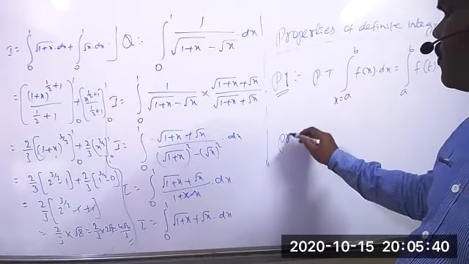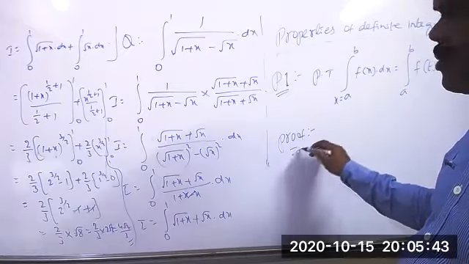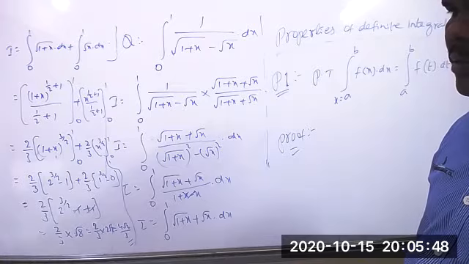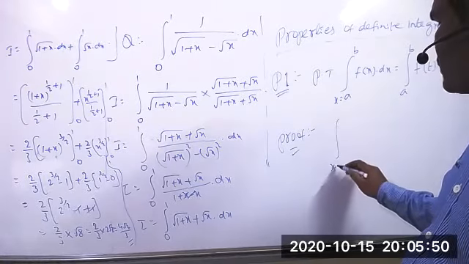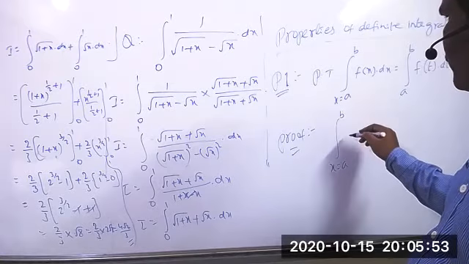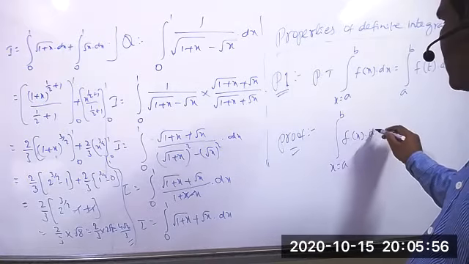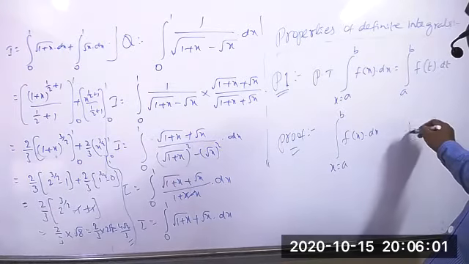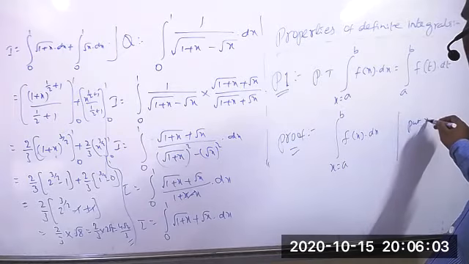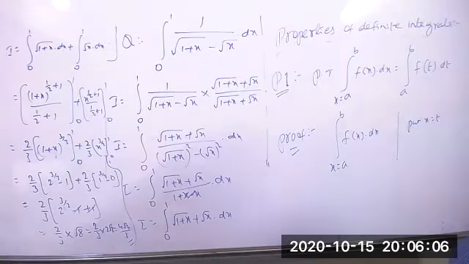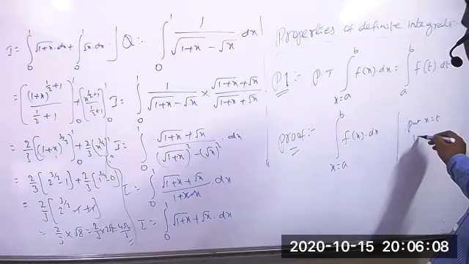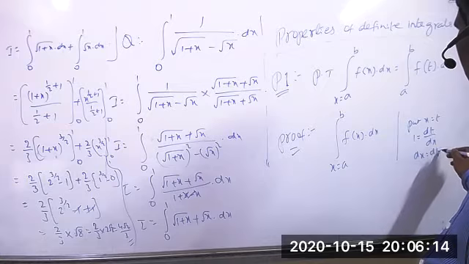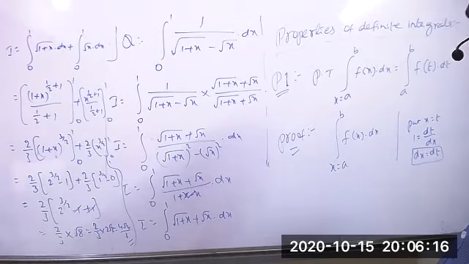Now I can write the proof. How to prove this? Very easy and simple thing only. Suppose we take integration of x equal to a to b f of x into dx, which we require now. Then you can take the substitution: put x equal to t. When you take x equal to t, you differentiate, and clearly we will get 1 equal to dt by dx. So the value of dx equal to dt.